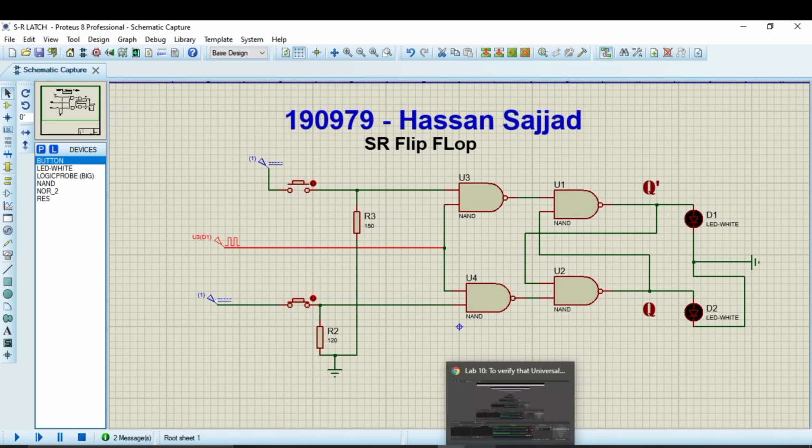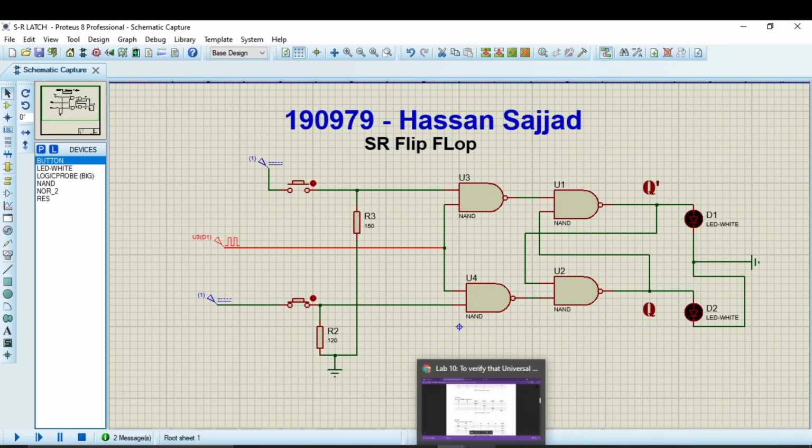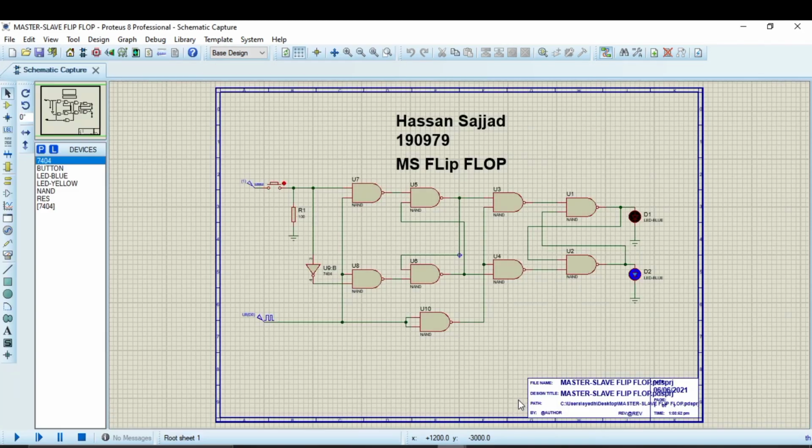And now we will move on towards the working of the master slave flip-flop, and then we will see how it works in the Quartus software using the Verilog code on the basis of the gate level implementation. This is the master slave flip-flop. Actually the two flip-flops, here you can see that this is the one flip-flop and this is the second. So this will be considered as the master flip-flop, and this flip-flop will be considered as the slave flip-flop,